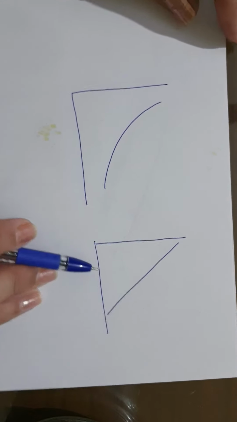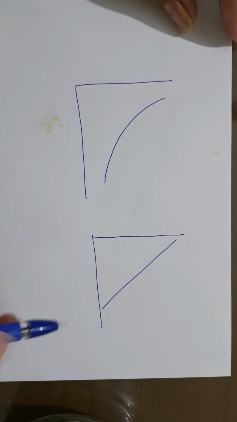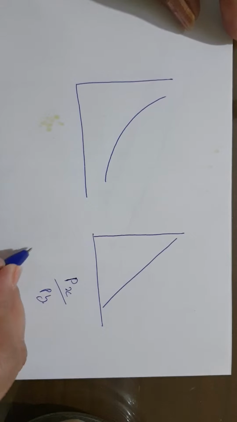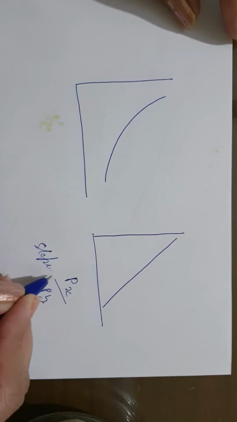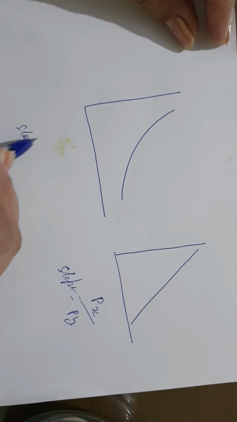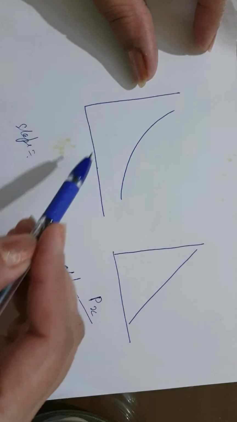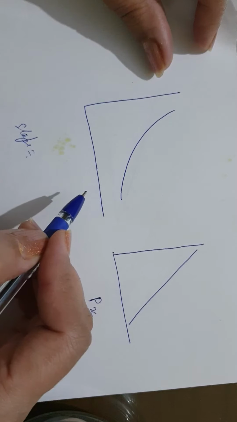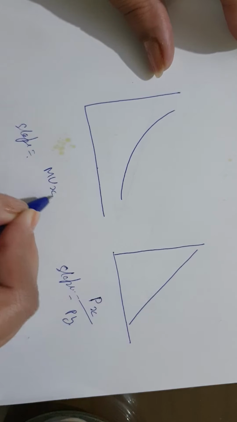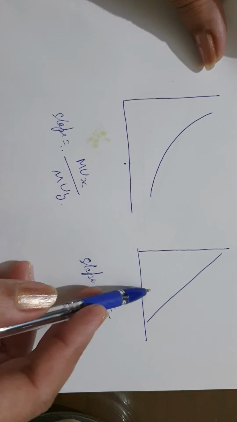In determining the slope of budget line, prices play an important role. So its slope is price of x divided by price of y. This is the slope of budget line. In case of indifference curve, slope depends upon the ratio of marginal utilities of both commodities. I mean to say marginal utility of x and marginal utility of y. So these are their respective slopes.